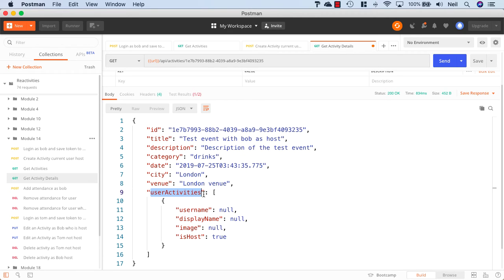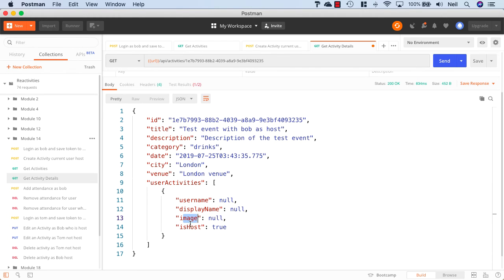This is available in user activities and then the app user object, and the same for the display name and same for the image. But because the isHost is available inside our user activity, then it has picked up this and is returning true. Now I don't want these to be referred to user activities when I return them to